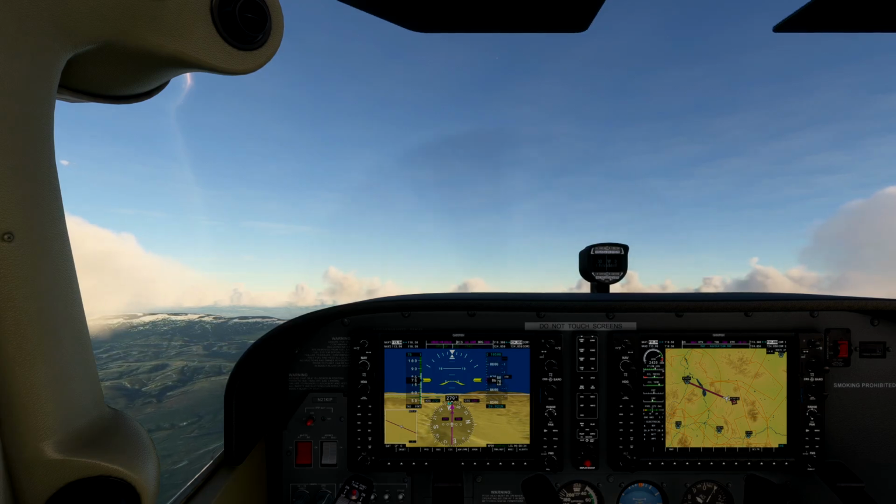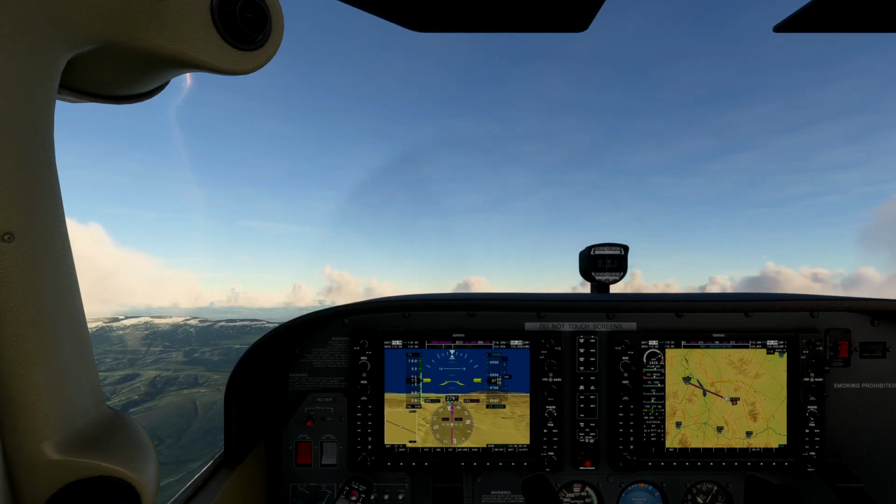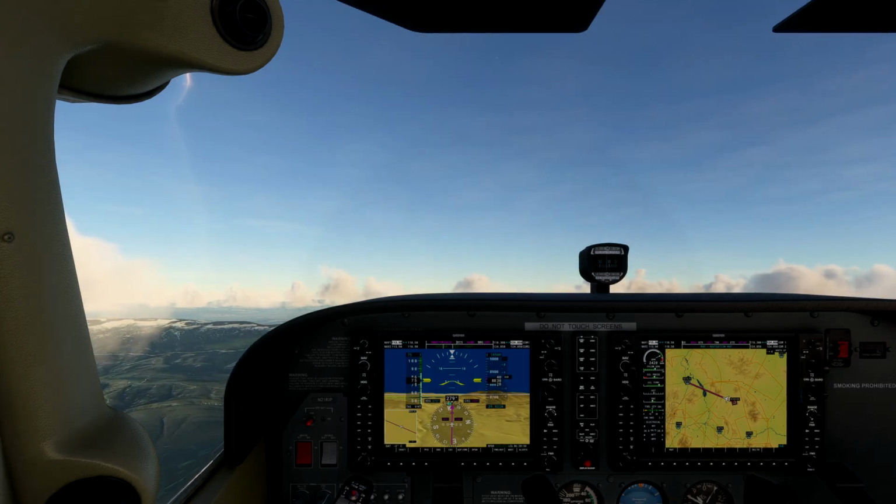Now, we're just using a direct-to flight plan here. We're not using any approaches or anything fancy like that. Generally, we would fly towards the airport, talk to the controller, and they'd tell us something like, make left traffic for runway 27. So we need to get within the traffic pattern altitude, which is generally 1,000 feet above the elevation of the airport, make our standard traffic pattern of a couple left turns to get on final, and